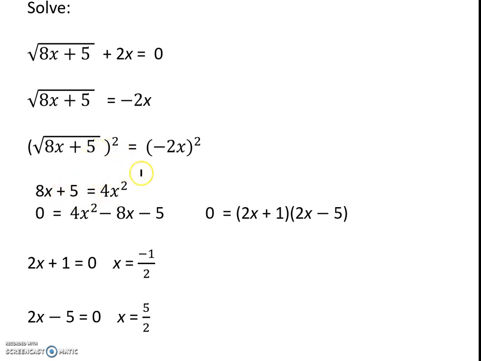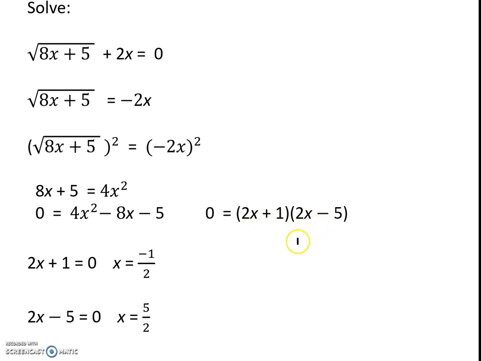equals 4x squared, because a negative 2 times a negative 2 is our 4, and x times x is x squared. Moving the 8x and the 5 over to the right side, we subtract both of them. And this quadratic equation, 4x squared minus 8x minus 5, factors quite nicely into 2x plus 1 times 2x minus